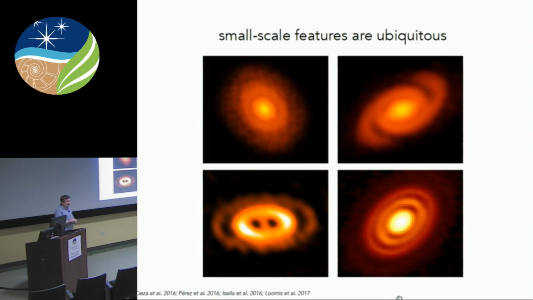The lower right one is HD 163296. It's an isolated A star that has a bunch of rings as well. Actually, several of these three will be redone at 10 times better angular resolution in our program. The pig snout is AA Tau. I called it a theta, but I like pig snout.